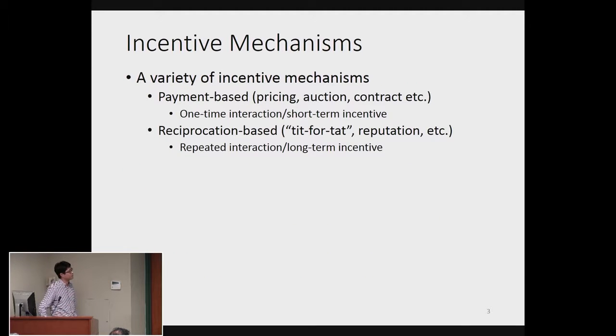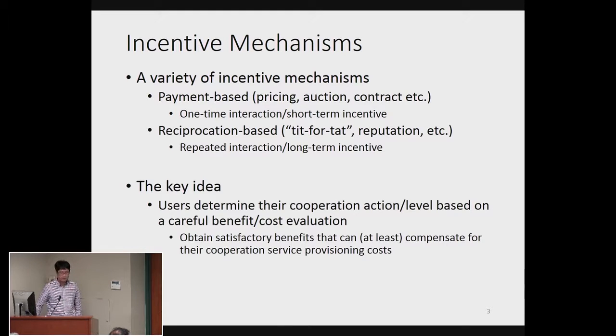So actually, there's a variety of incentive mechanisms already proposed in the literature. I'm not going into detail, but despite the different forms, the key idea is really similar. Basically, the users have to obtain satisfactory benefits that can at least compensate for their cooperation costs, right? So users are determining their cooperation action or cooperative effort level based on a careful benefit-cost